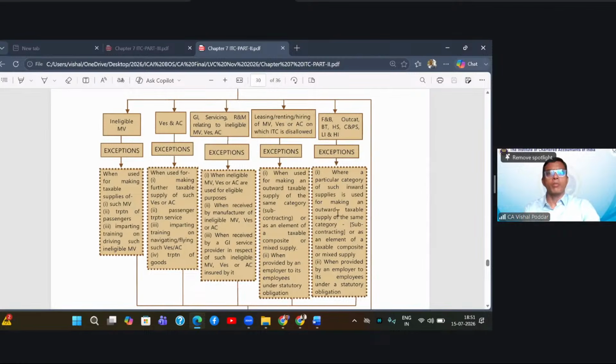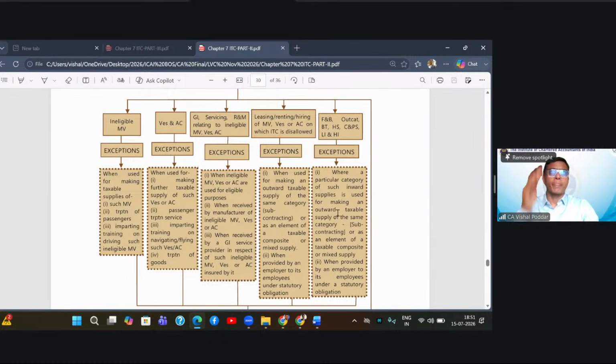What is the statutory obligation? The statutory obligation is that you are bound by some law to provide them. Since you are bound by some law to provide them, hence you have to make it allowed. So the exception number two is firstly applicable for those inward supplies which you are going to provide to